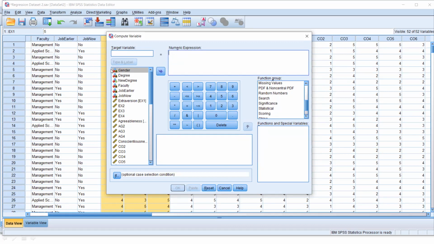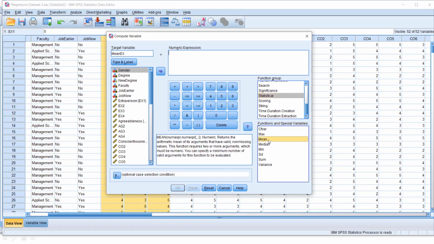I will do it again. Right here, I put the name mean EX, right? And then I go into the Function group and click the Statistical function. Then several statistical functions appear in here. Among them, please double click mean. Then it appears in here. Now SPSS asks us what kind of measurement items you need to get the mean. අපෙන් අහනවා කොයි measurement items ටිකේද mean එක ඔයාලට ඕනේ, right?